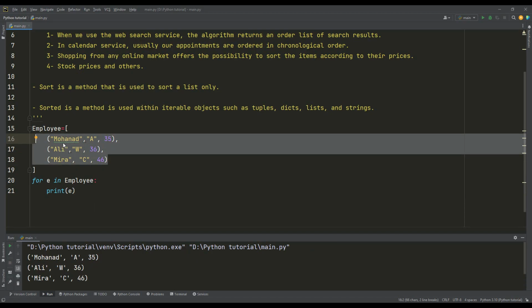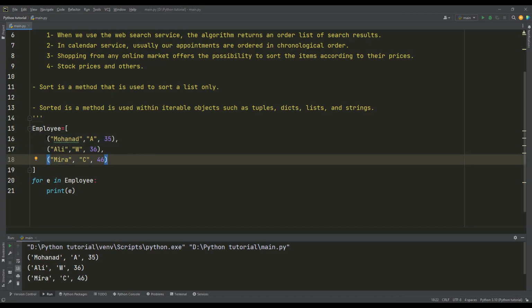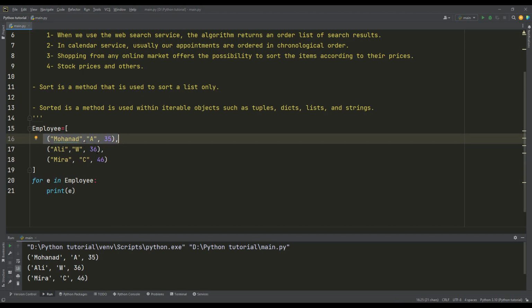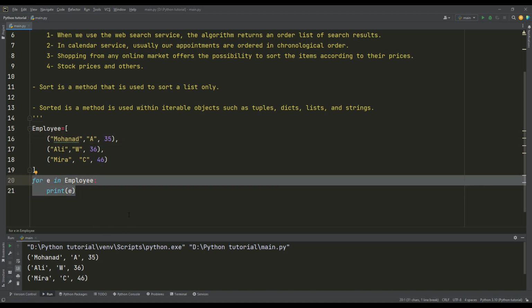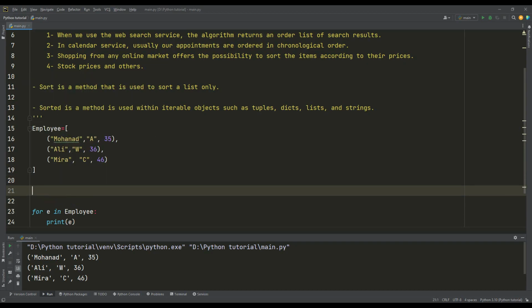The question is, how can I sort the above list of tuples based on, for example, the first name? I do not need to do sorting based on the letters as I did in the previous example. So here I can design a function, and I can pass this function as a key argument. For example, I want to define sort based on index,